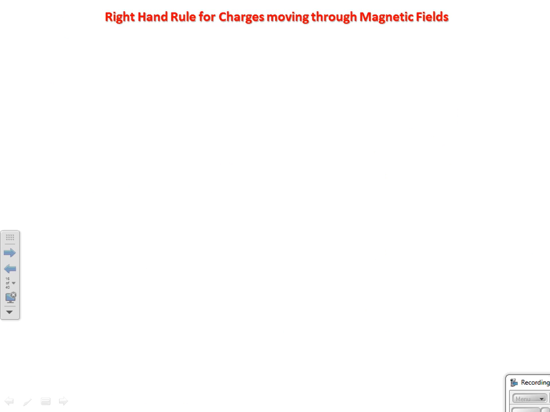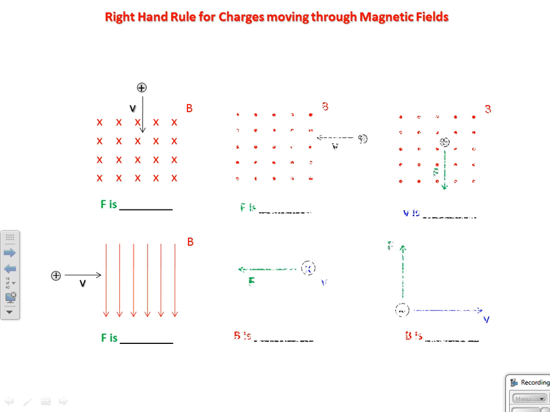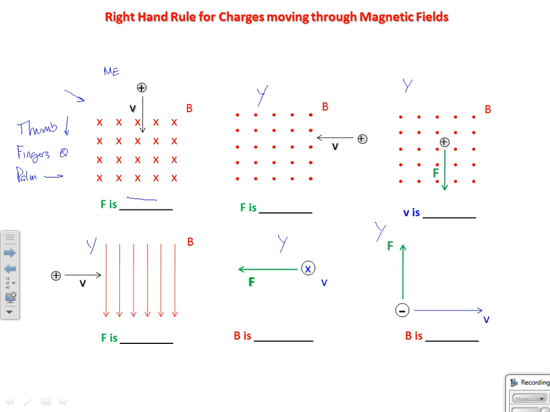Okay? Yep. Here are 6. I'll do 1, but 5 more for you. If we look at this one here, well, I'm going to do, let's see, going my way, thumb, so this is going to be thumb down, fingers in, and if we do that, thumb down, fingers in, palm pushes that way, and that means the force exerted on this charge would be to the right,